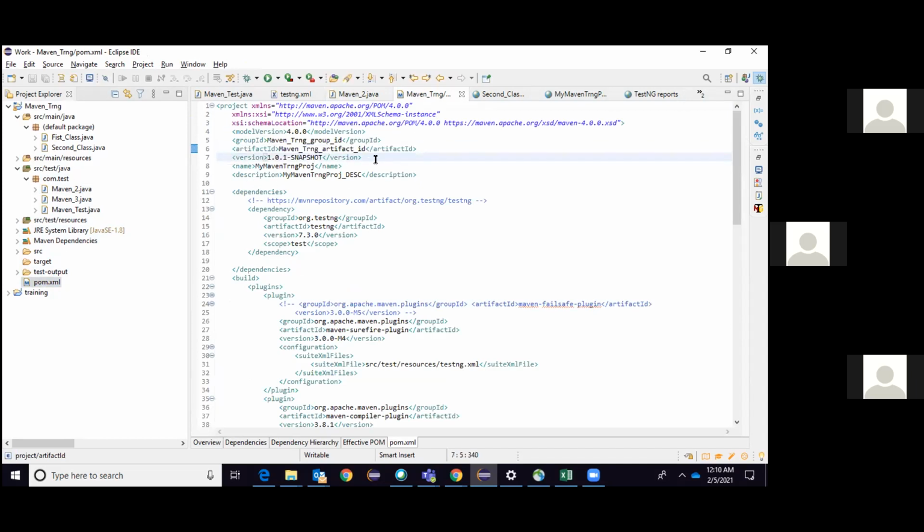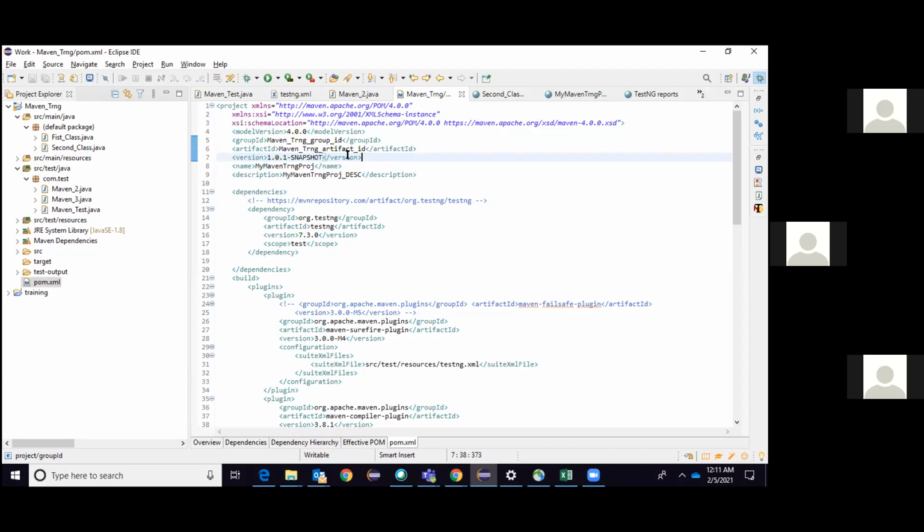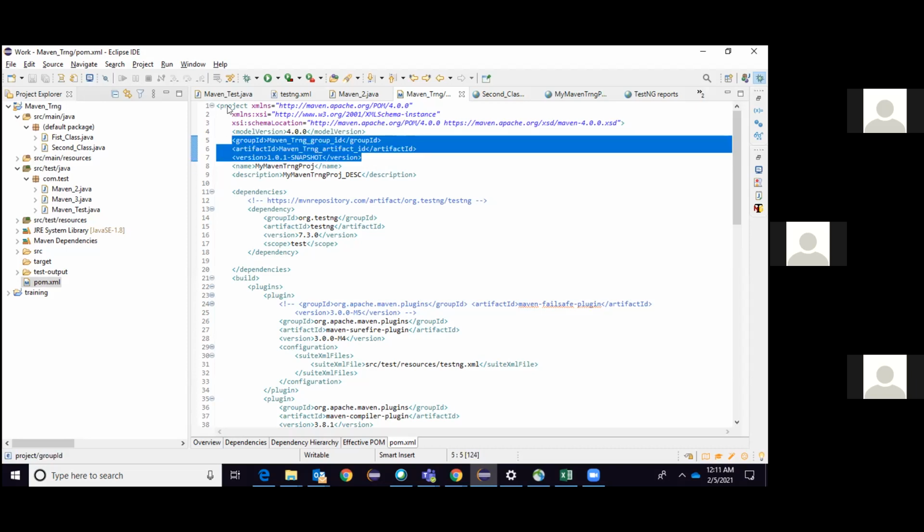And the third point is the version. Which version am I releasing? You people already know about that. The initial release will be 1.0, and if any bugs come, it will be 1.1, something like that. They will increase the versions. So these three are the basic things in the pom.xml for any type of project, any type of jar, whoever created it. Wherever you see this, in the Maven repository or in a remote repository, these are the very common and basic things. Understand? Any questions on this?